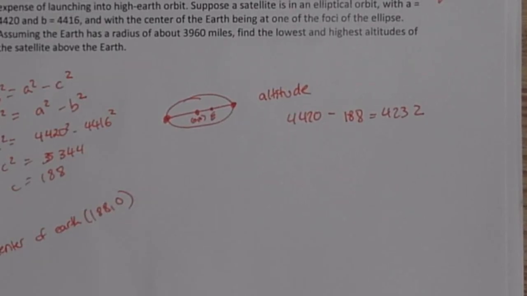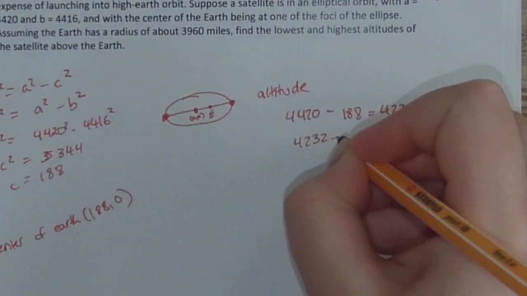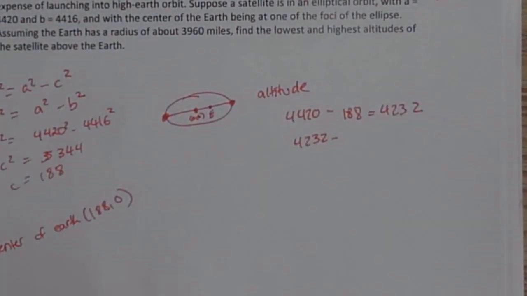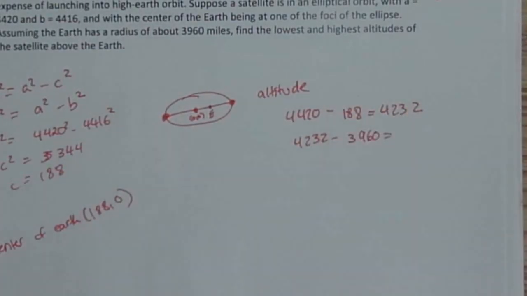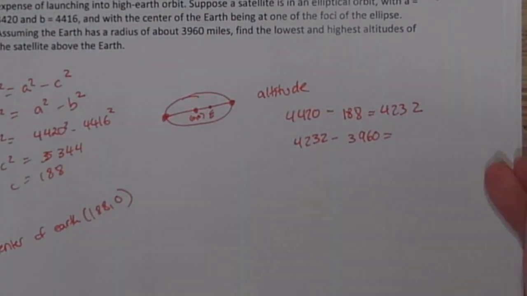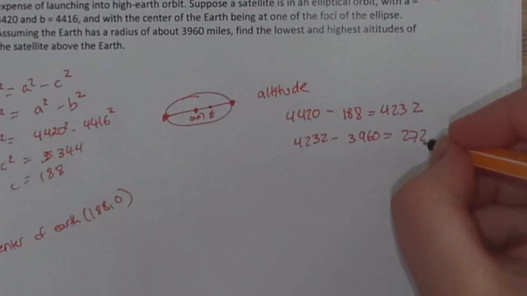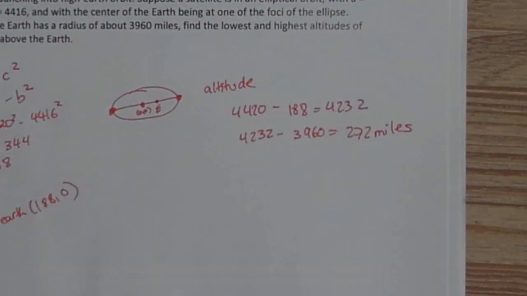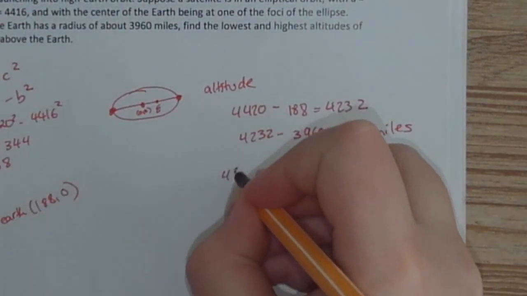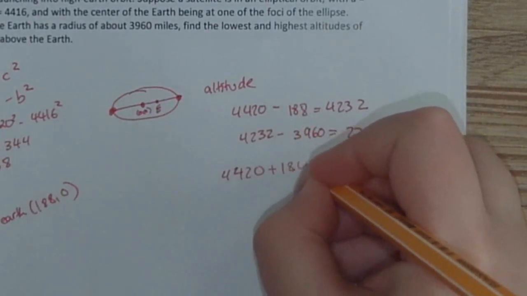So what we're going to do with this 4,232, that's how many miles the satellite is from the center of the Earth. So if we subtract the radius of the Earth here, it's actually 272 miles above the Earth's surface. Now we also have the option that it's on the other side here, so 442,